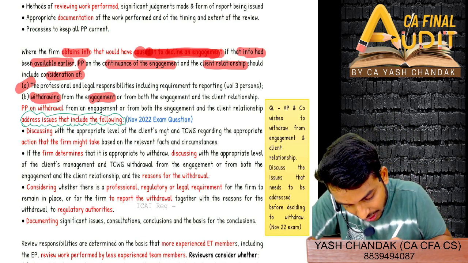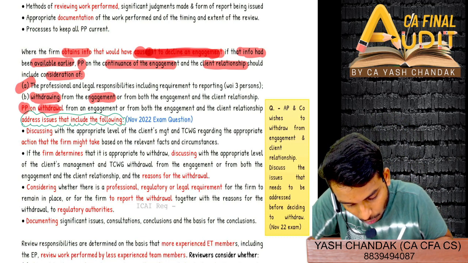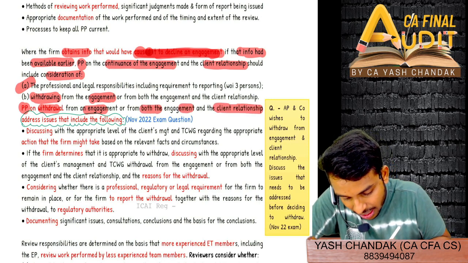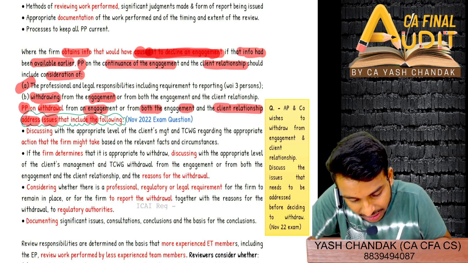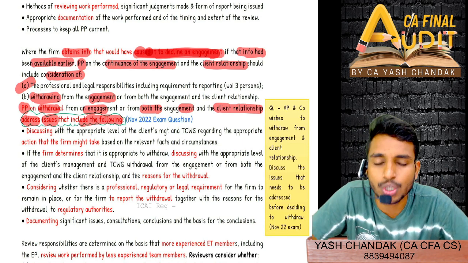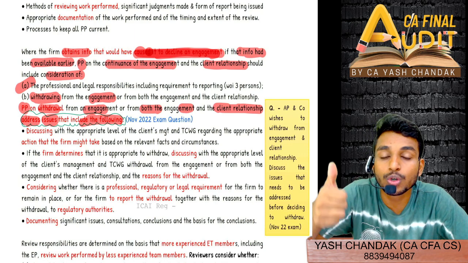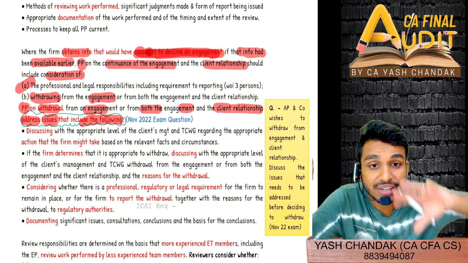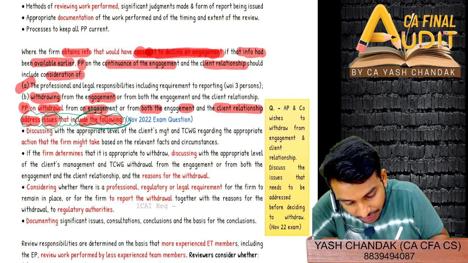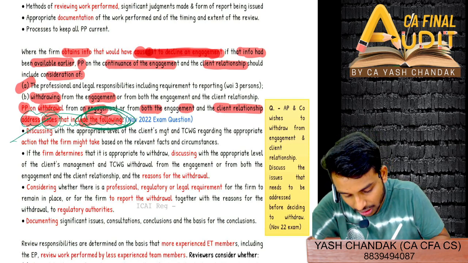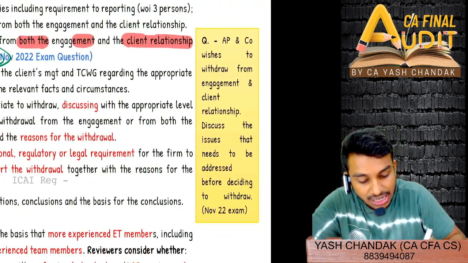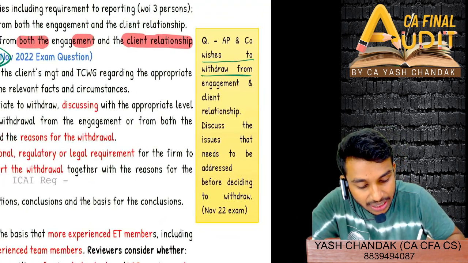And what does it say? Policies and procedures on withdrawal from an engagement, or from both the engagement and the client relationship, should address issues that include the following. That means in your CA firm, you should include policies and procedures which will address the issues on withdrawal. So the question that they have asked is, when you are wishing to withdraw from the engagement